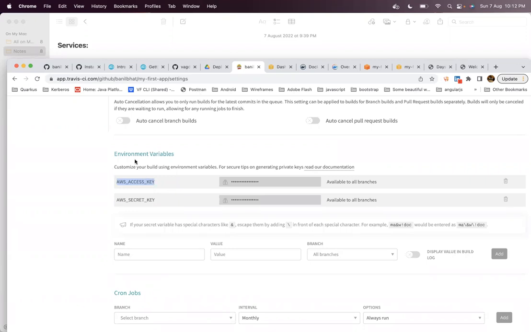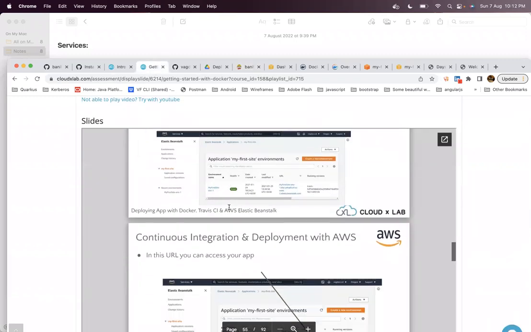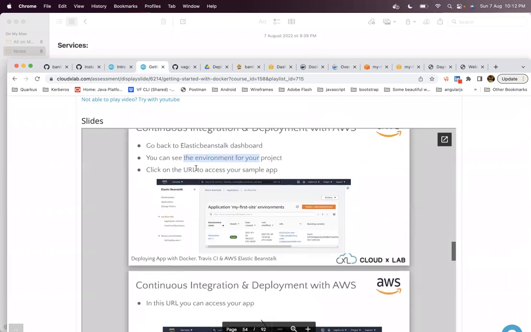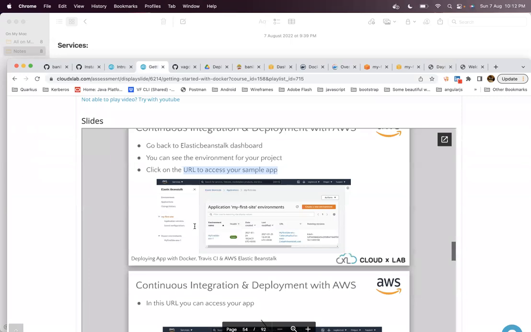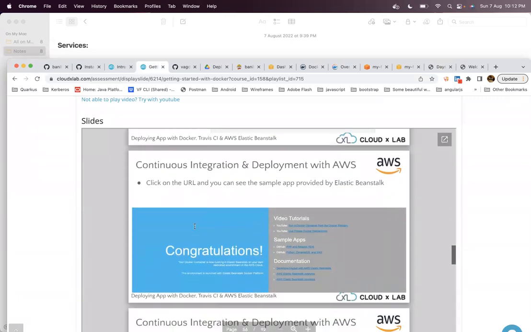So we have gone through how to use environment variables. And what is the URL, whenever you create Elastic Beanstalk, how to go to that particular URL. This is the URL which was given to us by AWS when you create Elastic Beanstalk. This is what we have learned.